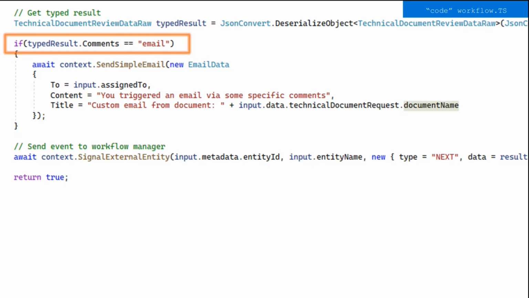And this is the code side of the workflow. So this is C#. This is in durable functions. And you can see here, this is just a sample example where you get some data from a task. So you wait for some event, get some input from an email, for instance, and then you can do anything. If you wanted to do some specific thing in code that you couldn't handle in the JSON stuff, then you can do any kind of logic you want here, and then take any kind of action. So this is all in C#. So for creating PDFs or accessing some data, it's all very straightforward, and there's a lot of resources around that. So that is pretty much it.